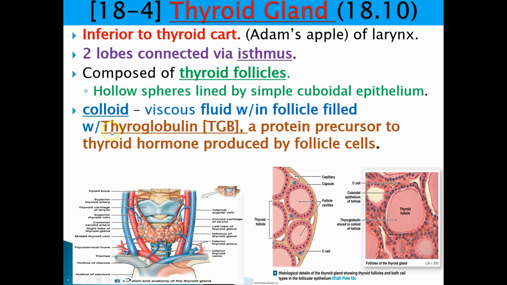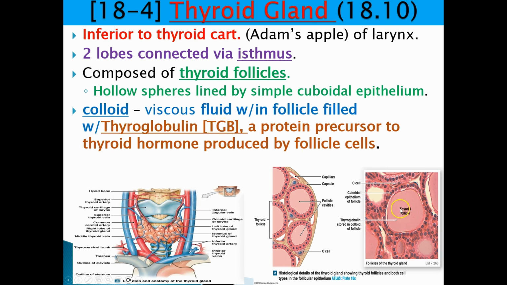So definitely a term you should know. This is the protein precursor that ultimately leads to the production of thyroid hormone that gets produced by follicle cells. And so we're going to see this later on. This is one of the parts that gets produced, but there's an important ion that needs to be added to this structure here. So the cells will produce thyroid globulin, TGB, and that's what ends up getting shipped and stored